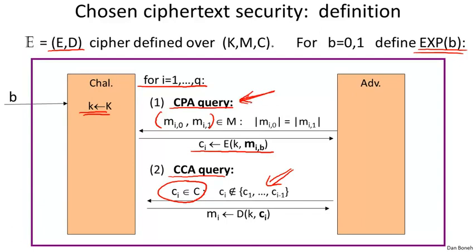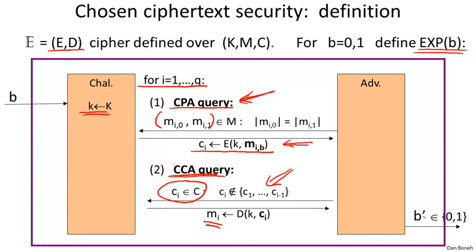That's going to be either the encryption of M0 or the encryption of M1. If he could submit a CCA query for that particular ciphertext, he would, in response, obtain either M0 or M1, and then he'd know whether he's in experiment 0 or in experiment 1. So this wouldn't be fair, so we say that these CPA ciphertexts that he received are the challenged ciphertexts, and he's allowed to decrypt any ciphertext of his choice other than these challenged ciphertexts. And as usual, his goal is to determine whether he's in experiment 0 or in experiment 1.